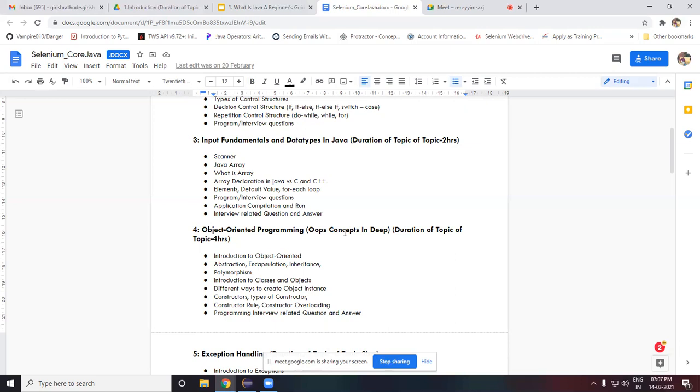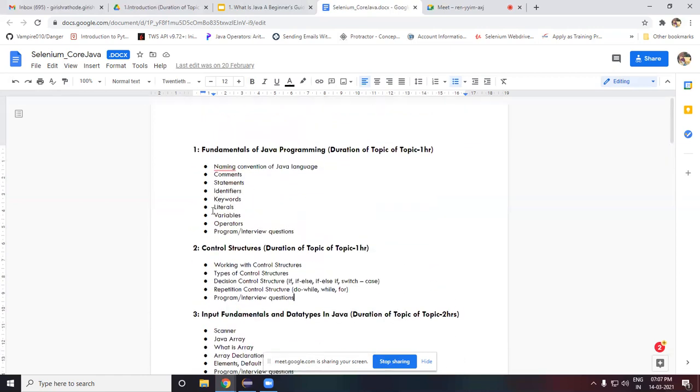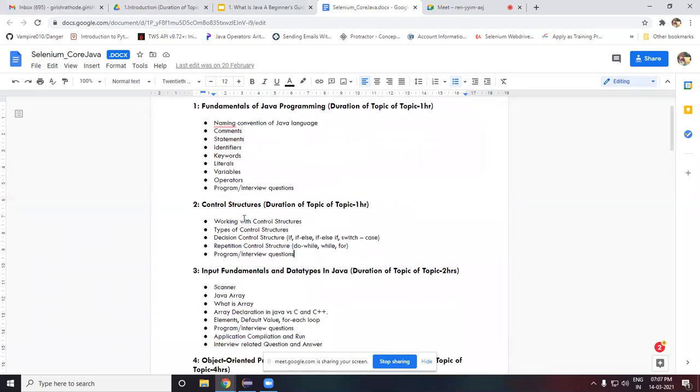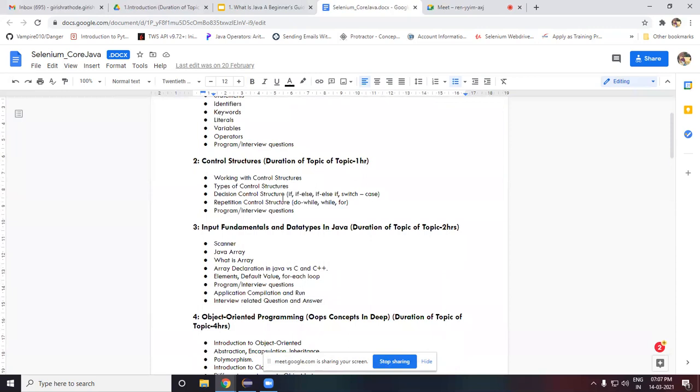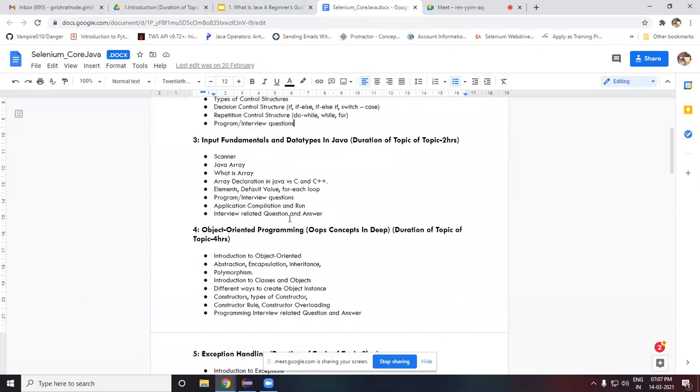We have a special thing for arrays called the for each loop. This for each loop works for arrays and collections, with a set of elements. Once we are done with that, we'll have some small assignment sessions and workaround sessions. After each and every session, you can see programming or interview questions. These are your assignments and practical sessions. Whatever theory we cover, we are going to put into practice, completely practical.